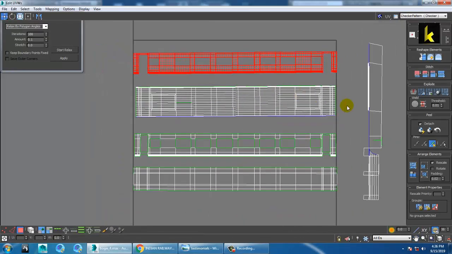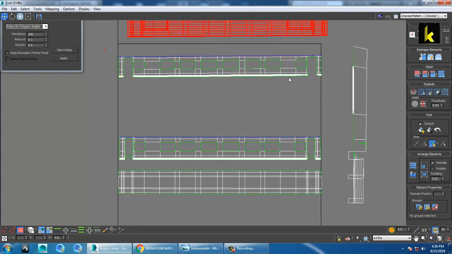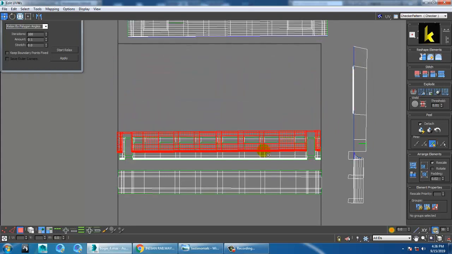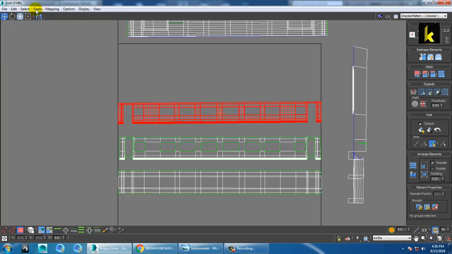Perfect. So let's push this up, select this, let's push this over here. Just scale it a bit, not much,